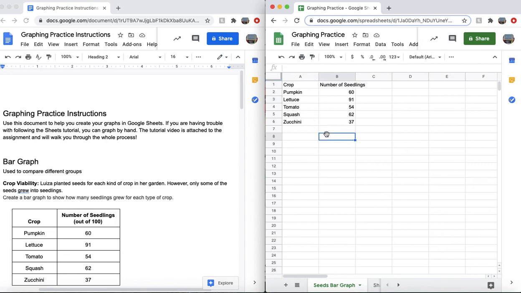So what we do now, we have our data in here. I told you I would show you the hard way. That was the hard way. What I'm going to do, if you want to select data, you can highlight the whole thing. So you click on one cell. If you are on a